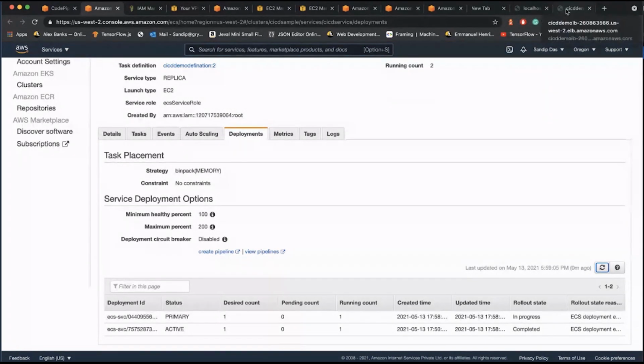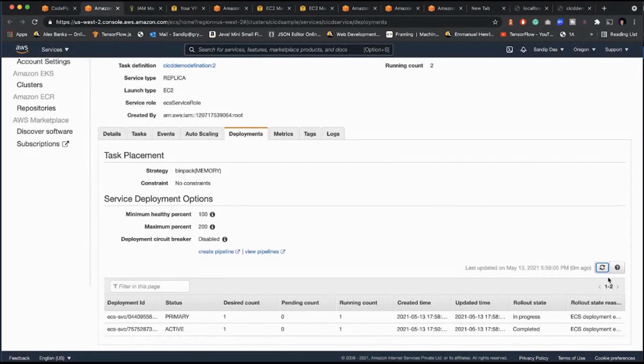So let's see if the version is updated or not. It will take some time, then you will see the latest version will be done. Let's wait for that. You will see this one is in progress. It will become completed, and that's it. You will have the new version running in the service. Oh, it's already done. So you can see here, just when you refresh the page, you will see version 2.